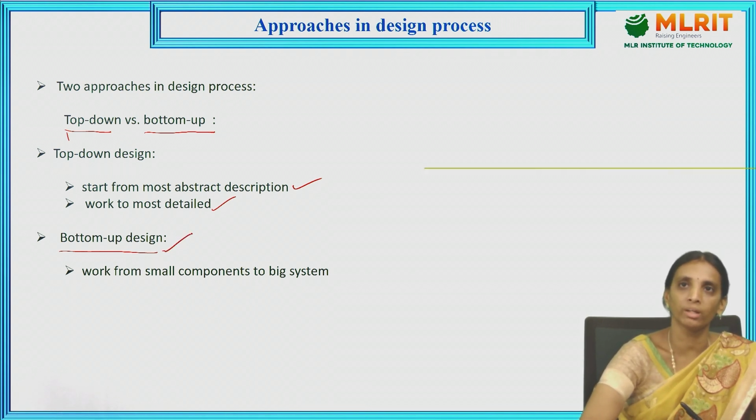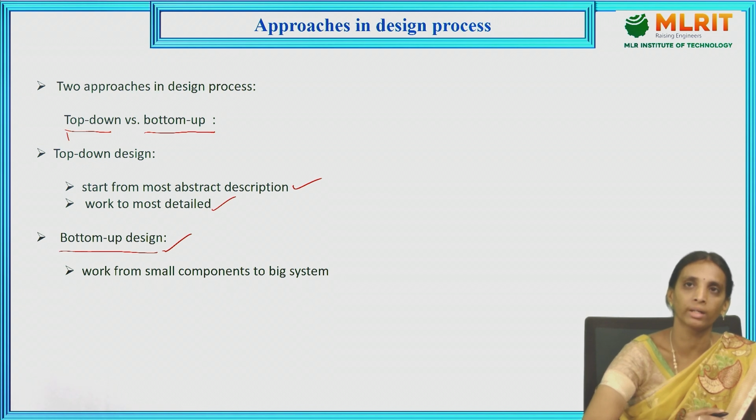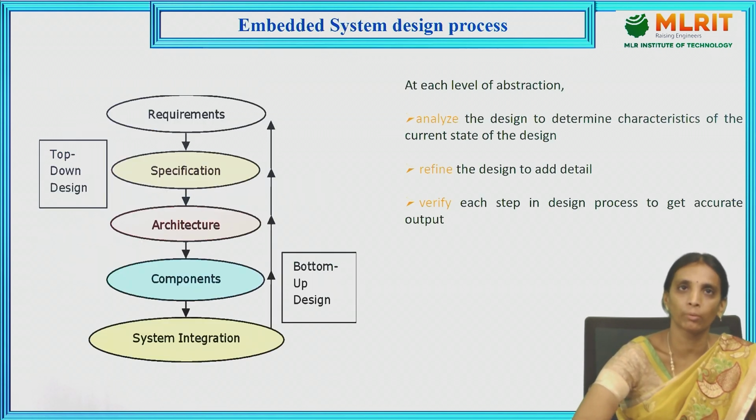In bottom-up design, for whatever existing system we have for that application, we add other features and extend the device. Generally, top-down design is used for starting any new system, and bottom-up design is suitable for systems that already exist, but to which we have to add new features or which we want to extend to other applications. So, this is the embedded system design process.